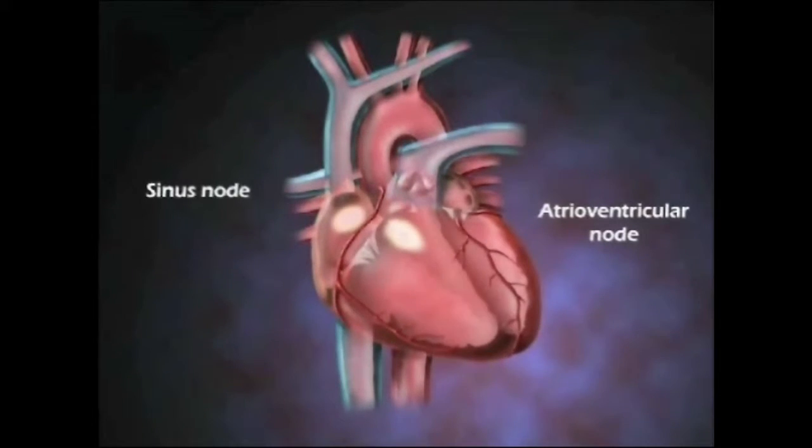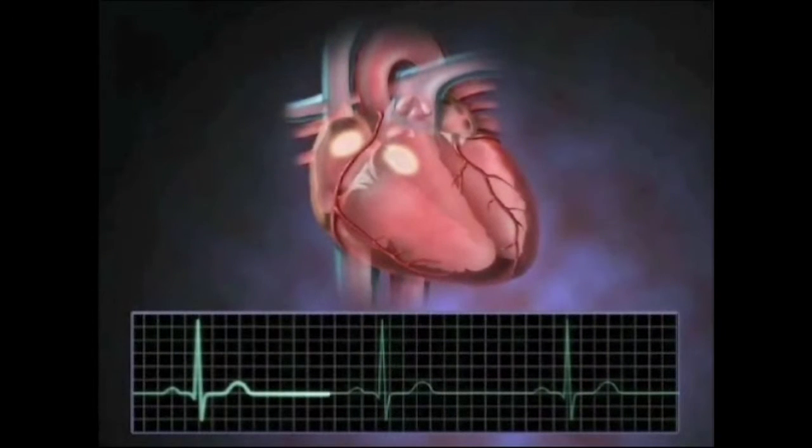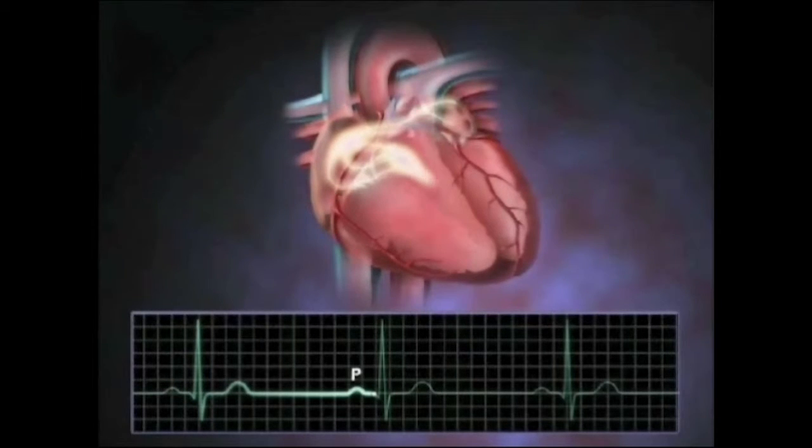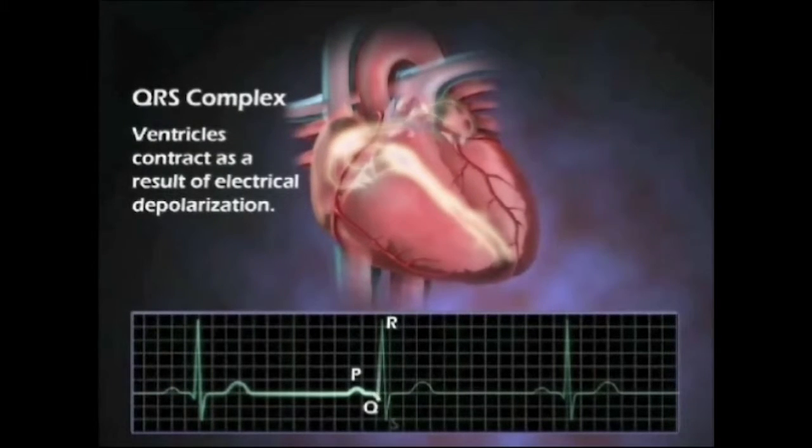By placing electrodes on the surface of the body, the electrical activity of the heart can be detected and recorded by an electrocardiogram, or ECG. Each part of the electrical pathway is represented on the ECG. Therefore, the activation or depolarization of the atria corresponds to the P wave on ECG. The activation of the ventricles and subsequent contraction